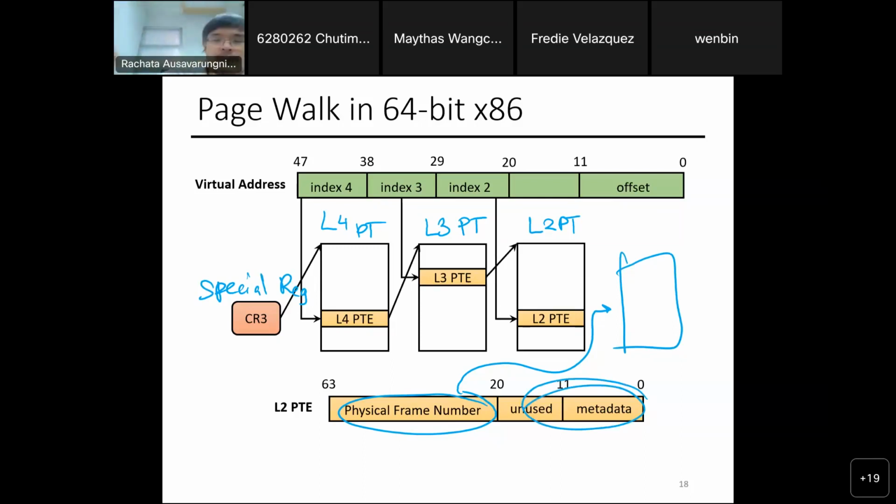The metadata bit will tell you some status of the page, who owns it, how many times I have accessed it. If I want to kick this thing to the hard drive, should I do that because no one accessed this for a while, or should I do that later because I just accessed this? Then you use this